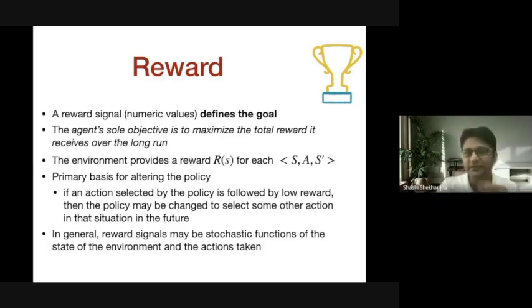The agent's sole objective is to maximize the total reward it receives over the long run. So in reinforcement learning, the agent's objective is to maximize the total reward. However, earlier we discussed that in reinforcement learning we should learn the optimal policy. How are the two connected? Well, whenever the agent takes an action in the environment, it receives a reward. If it takes the best action in the environment, the reward will also be the best reward.